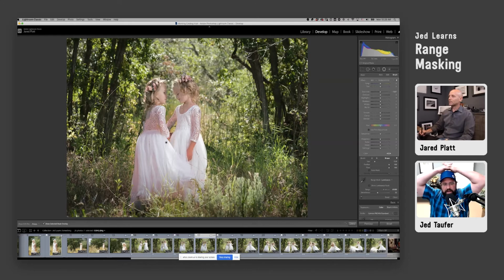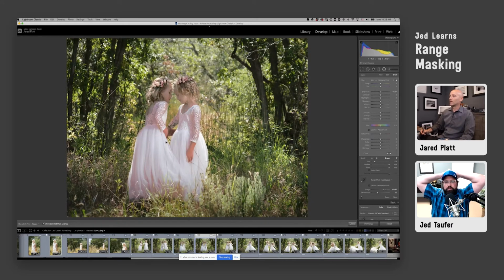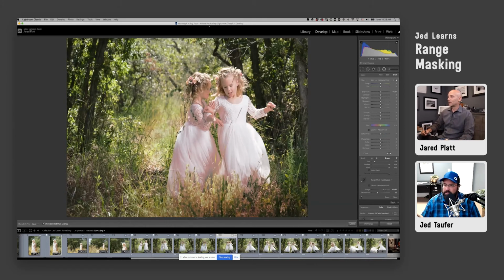Well, my point in asking that is you want to use the erase tool at the end. You don't want to have to adjust the mask anymore. That's right. You use the erase mask after you've done most of your work, so that then it's locked in, and you just move on. Yes. But now, if we just look at the photo, you can't tell that I've been in there messing around. And it did it automatically because it was looking for a very specific type of color or luminance. So now,